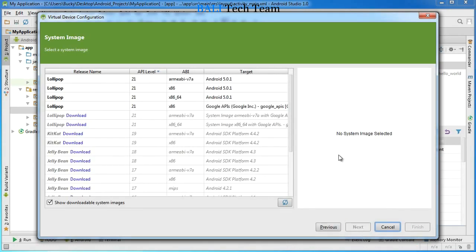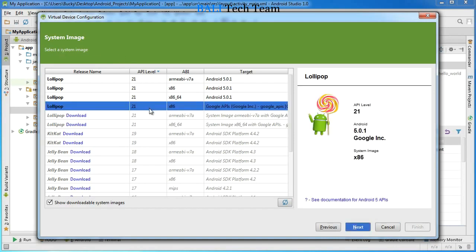So now that we have pretty much the phone itself, and by that I mean just the hardware, we can go ahead and start working on the system image. So this is pretty much saying what version of Android do you want to use. Now I recommend putting the latest one on it, just because, I don't know, you know that,